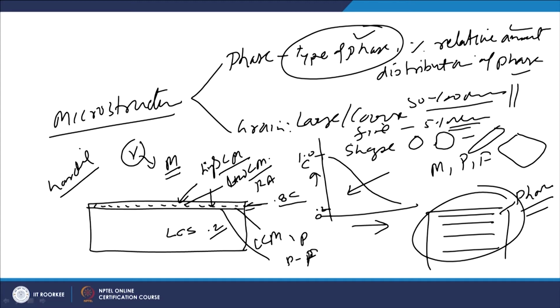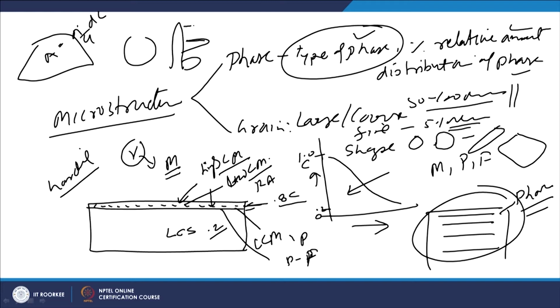For characterizing the size, we have to see the average diameter, like this is the area A, then we can determine the average diameter from A = (pi/4) d squared. So, this area we can determine from the image analysis, and similarly for the dendritic structures, where we have the dendrites like this, interdendritic arm spacing is used. In case of the cellular structures, intercellular spacing is used. So the different parameters are used for quantifying the grain size.